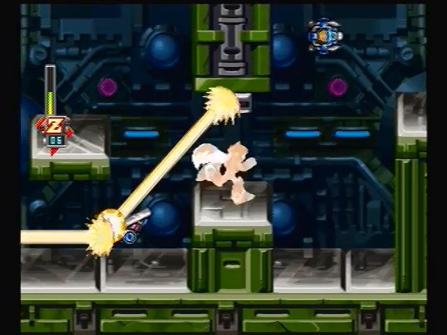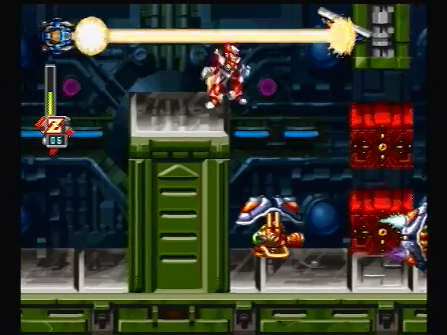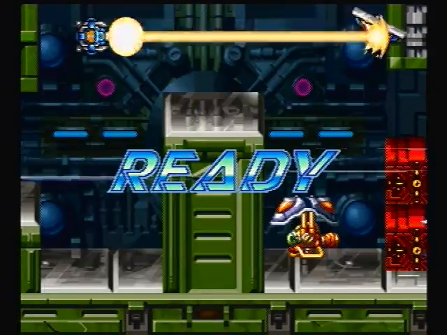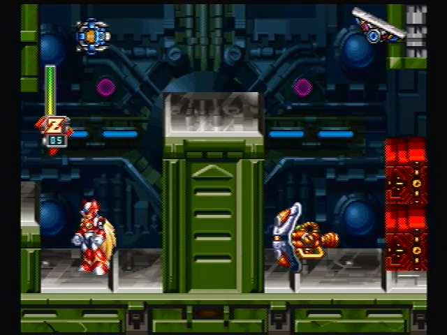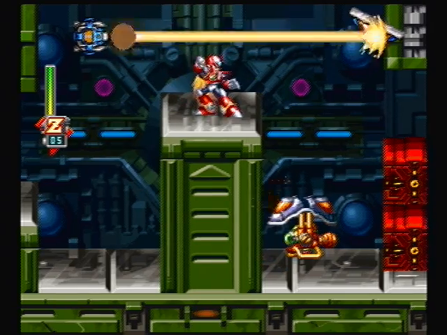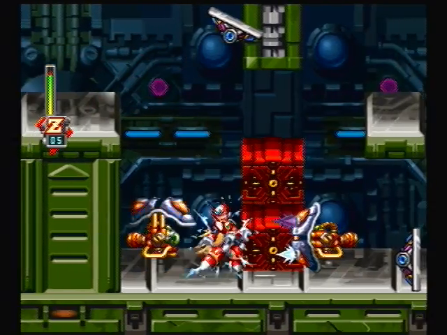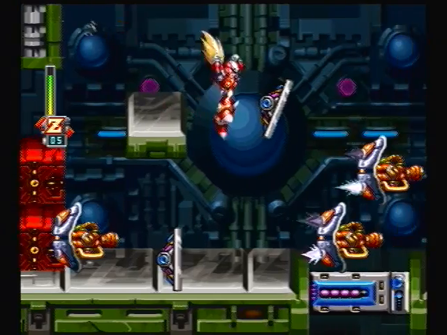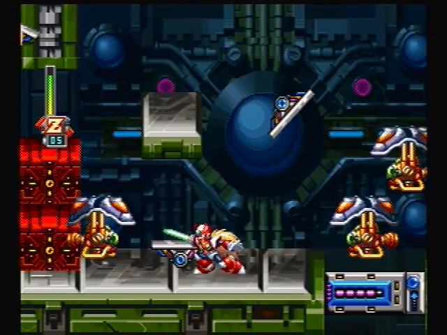Anyways, what you just saw was the technique that Zero got from Scaravich. It's very bad for destroying those blocks. Fortunately, respawn right here. Now, anyways, I mentioned that the command for it is up plus attack. They were going to change it to down plus attack because